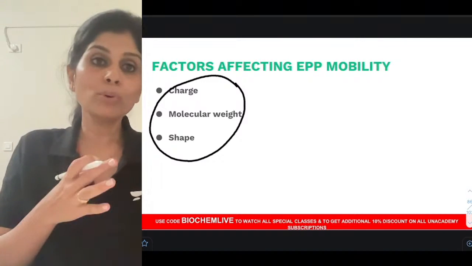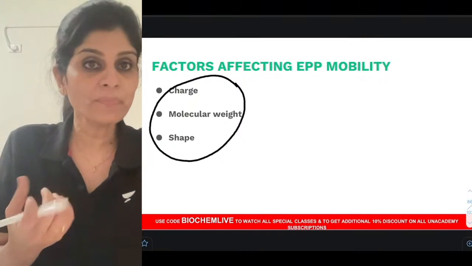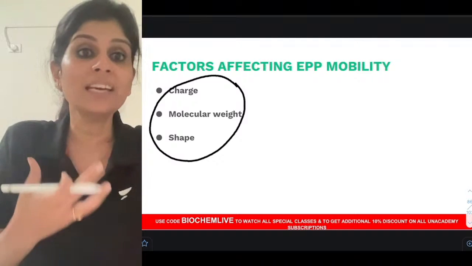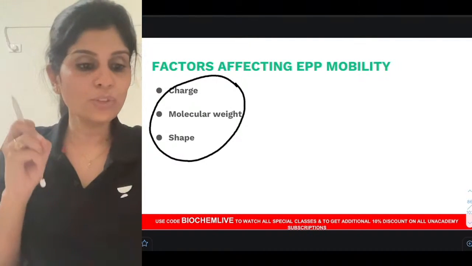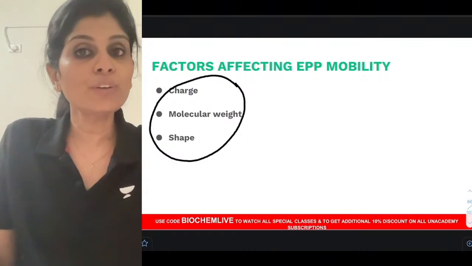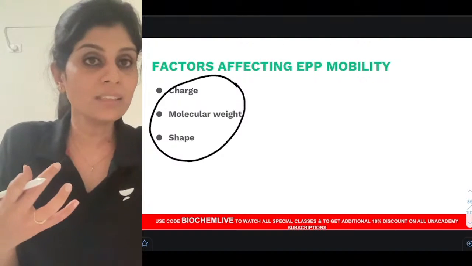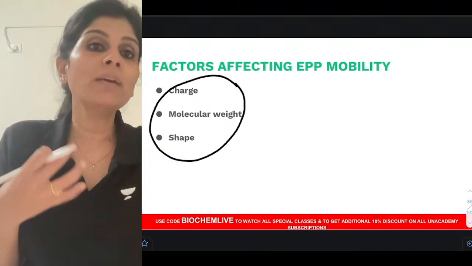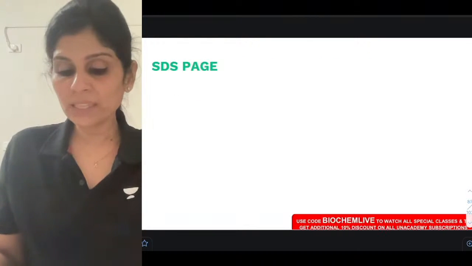Similarly, if you see that a protein does not move at all, will you immediately say this protein does not have charges? You cannot say that, because this protein might have charges, but it's not moving because it is very heavy. So are you able to comment on its charges? No. Do you understand what I'm trying to say? So when there are multiple factors which determine electrophoretic mobility, that mobility will not help you in characterizing the protein. Neither will you be able to comment on its molecular weight, nor on its charges. And that is why you treat proteins with SDS.